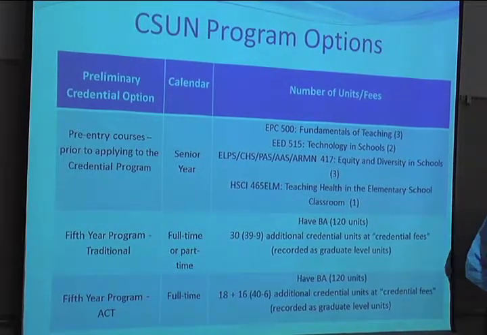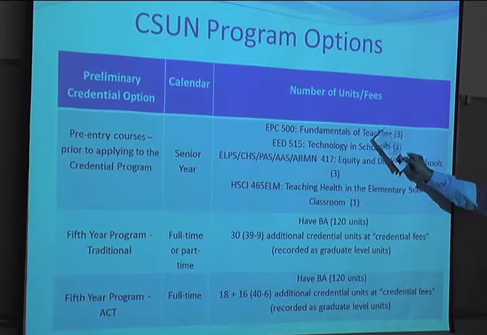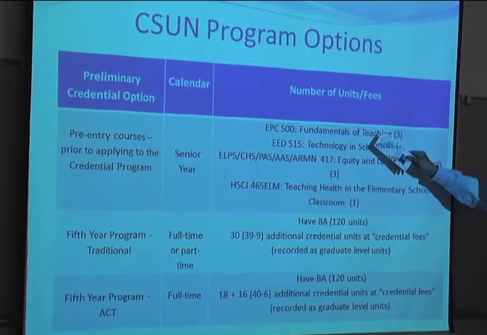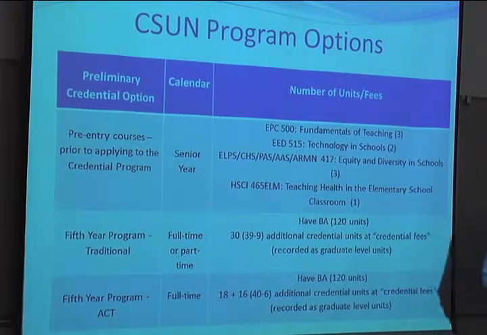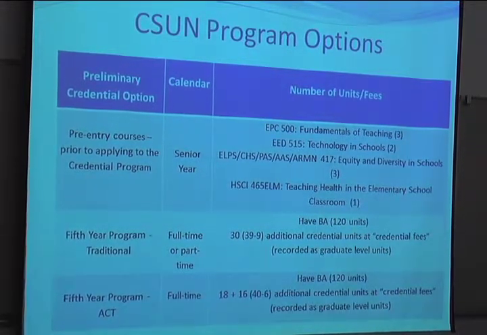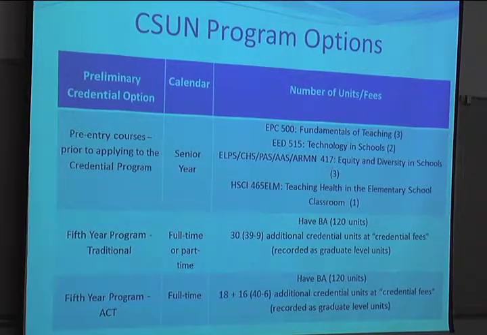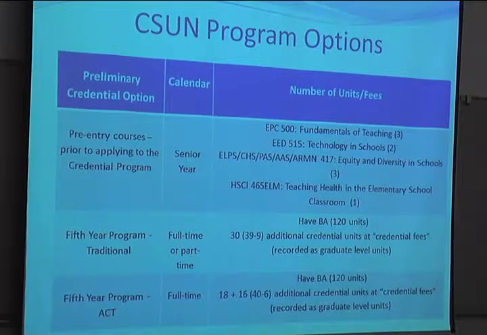Okay. So if you've already completed 6 units up here in terms of the pre-courses there, the program for you would consist of 34 units. Okay. ACT is different than the traditional pathway in that it is cohorted, which means that we recruit as a group of students, and you travel through the program together as a group of students. It's a very important feature of our program, providing the support structure that all students need to be successful in this program.